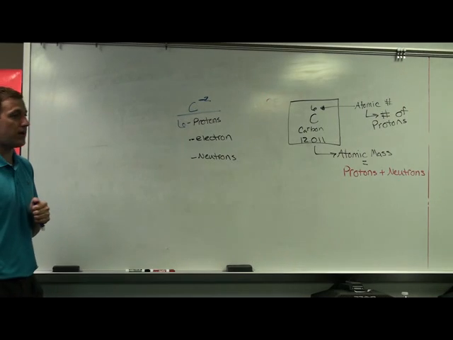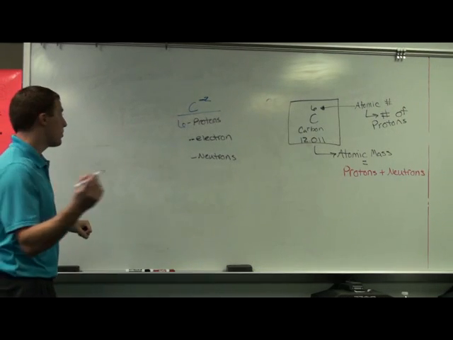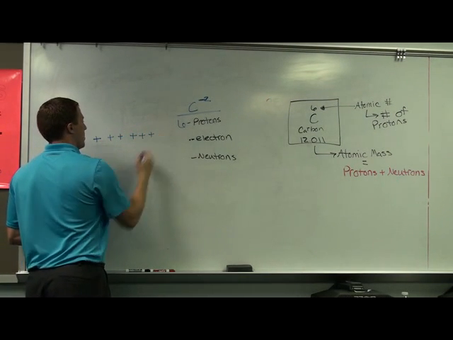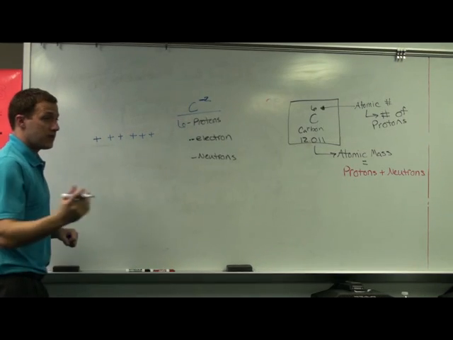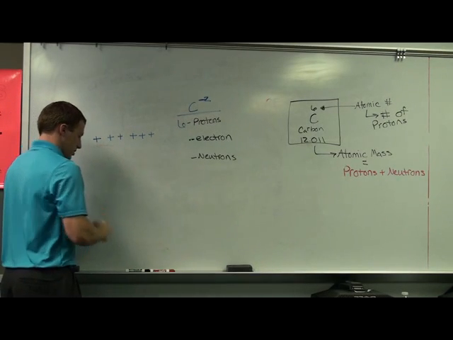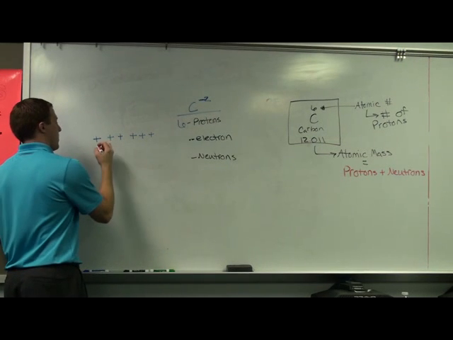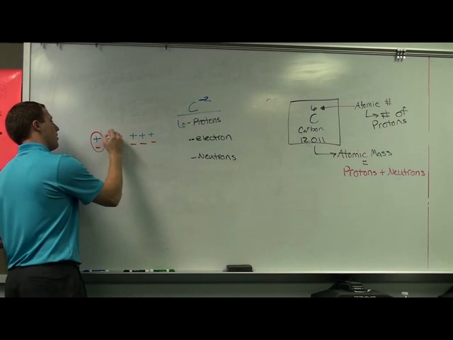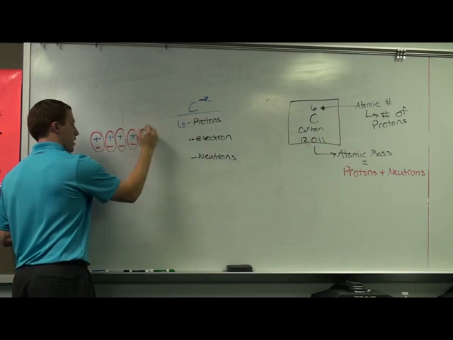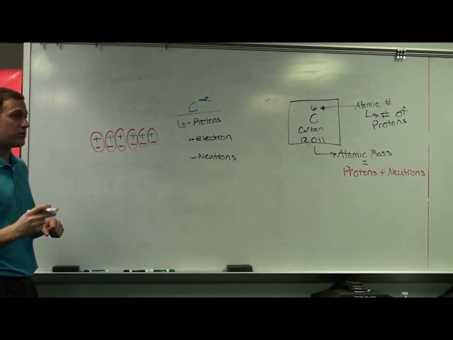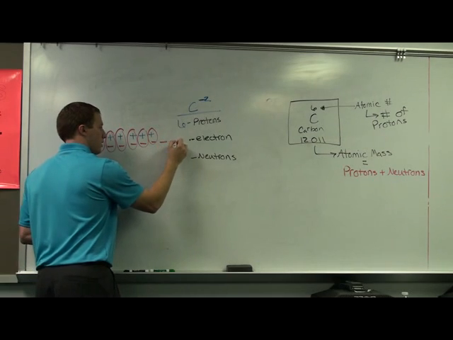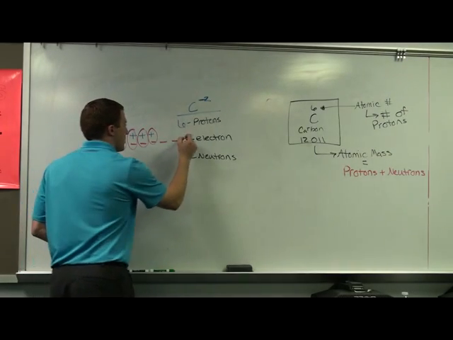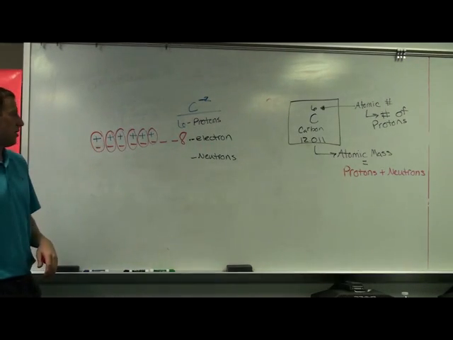Now, how many electrons do you have if it has a total of -2 charge? How many protons does it have? 6, so it has 6 positives, right? First, you have to have enough negatives to balance that out, so we're going to have 1, 2, 3, 4, 5, 6. These balance each other out, right? Everyone agree? Now, if we want to have an extra -2, we have to add 2 more negatives. So now how many total electrons do we have? 8 electrons. And then how many neutrons?